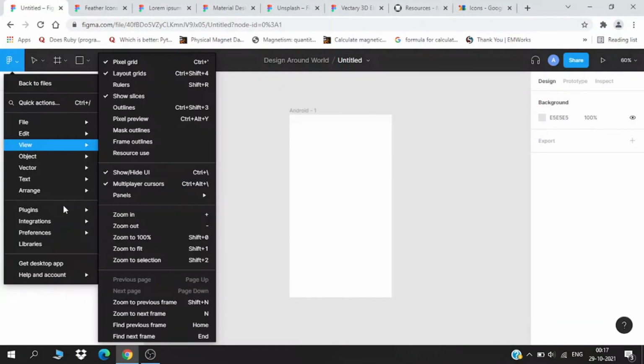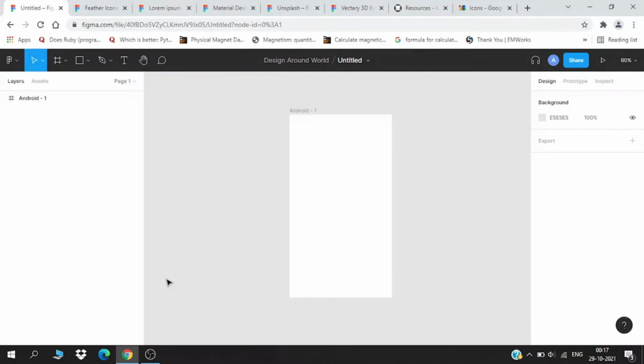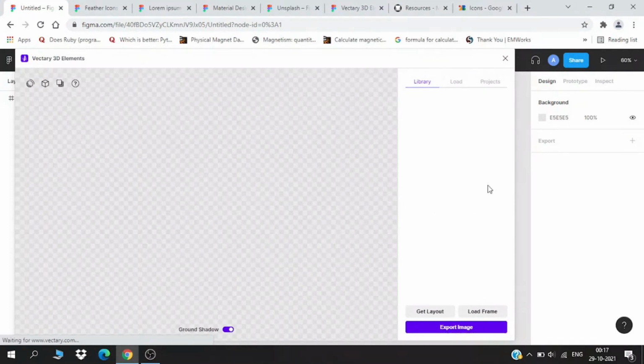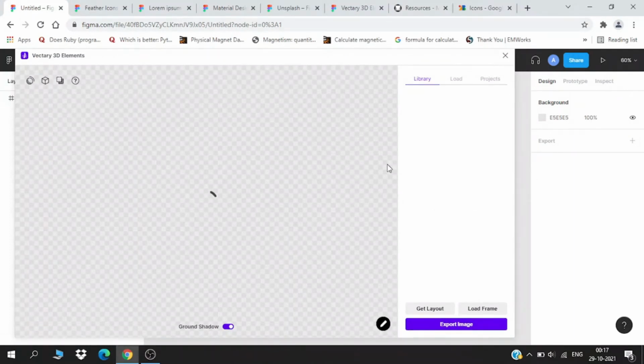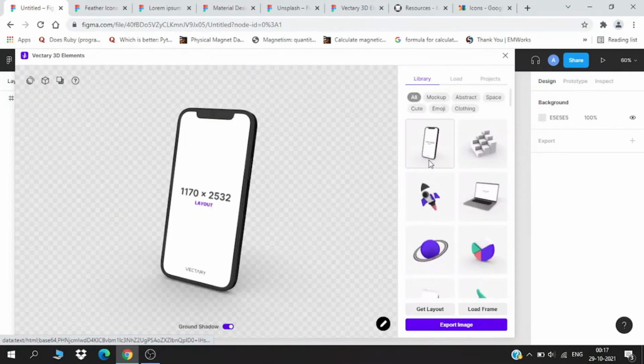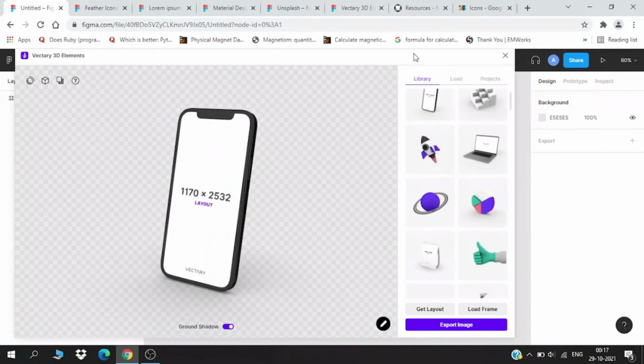So if I select this Vectary 3D elements, let me show you all the icons. This is the library and it is taking a couple of minutes to load. As you can see, the icons are loaded, and let me show you how it works.